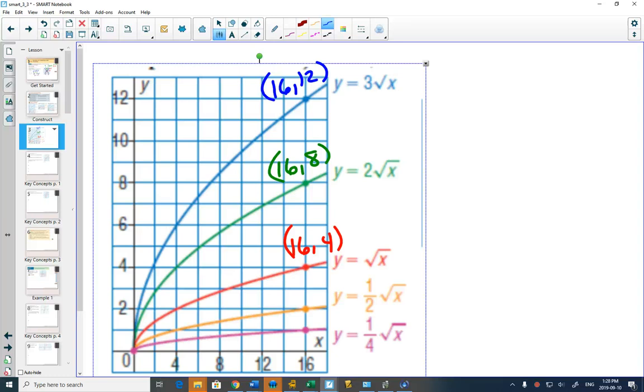Does it work with fractions? If there's a half out in front, that looks orange. Yes, there's a good color. Sure enough, the y value has been multiplied by half. And in purple,